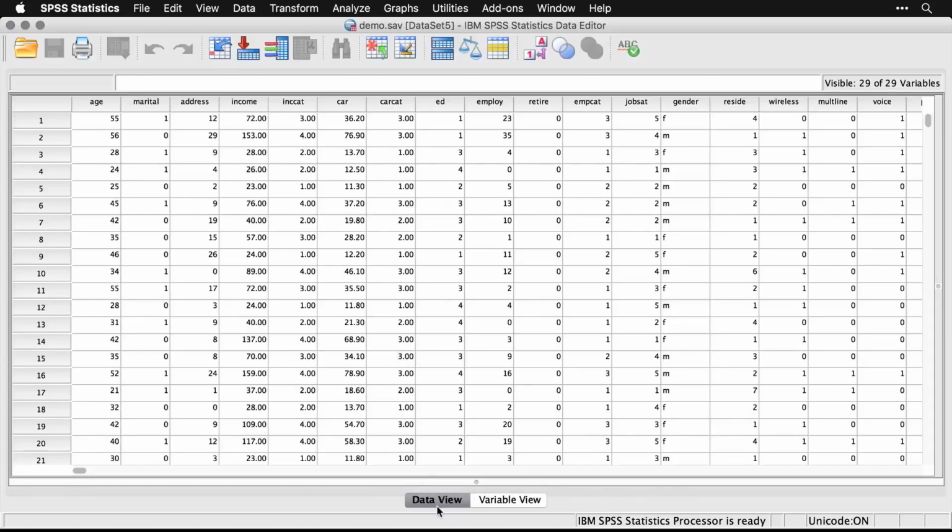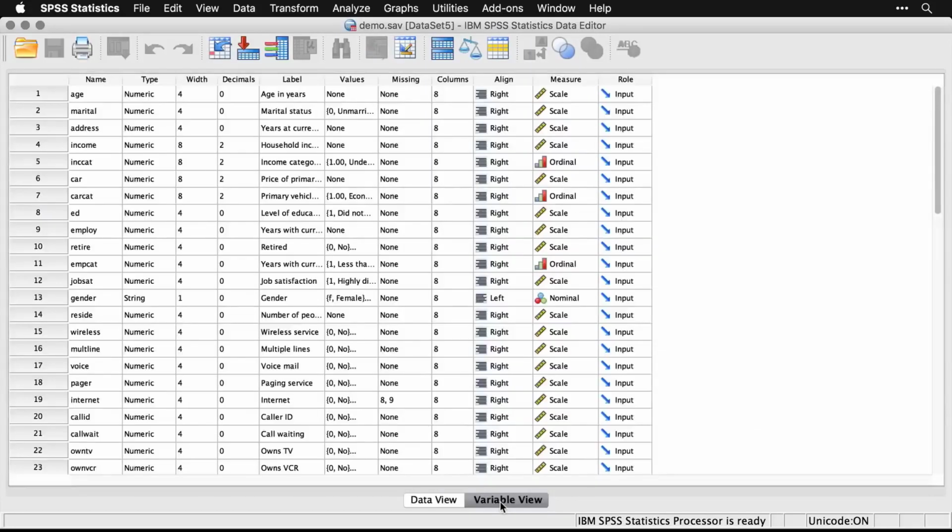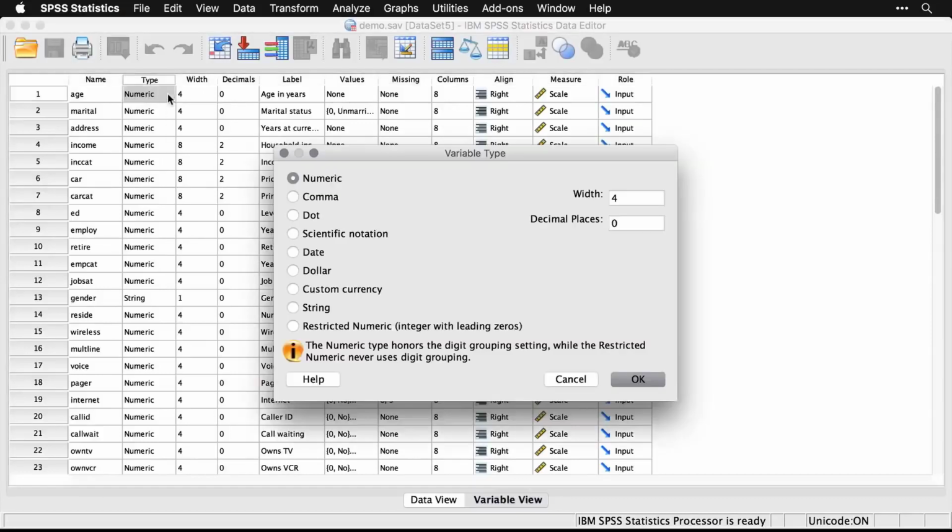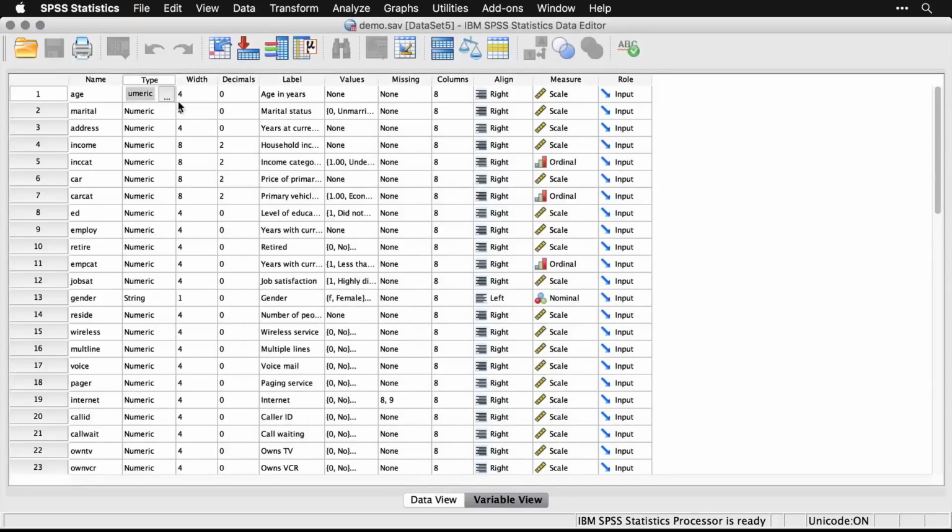Now, one important difference between SPSS's data window and a spreadsheet is this. You have a data view, but you also have something called a variable view. And it's the same data set, but if we click on it, we see it in a different way. Each of the variables has metadata associated with it. So for instance, age, it tells you the type of the variable. Now, these are mostly numeric. There's a string variable, but you can see there's a lot of choices here. Numeric, comma, dot, and so on. You also can specify the width of the variable, the number of decimal places, and then a really important thing